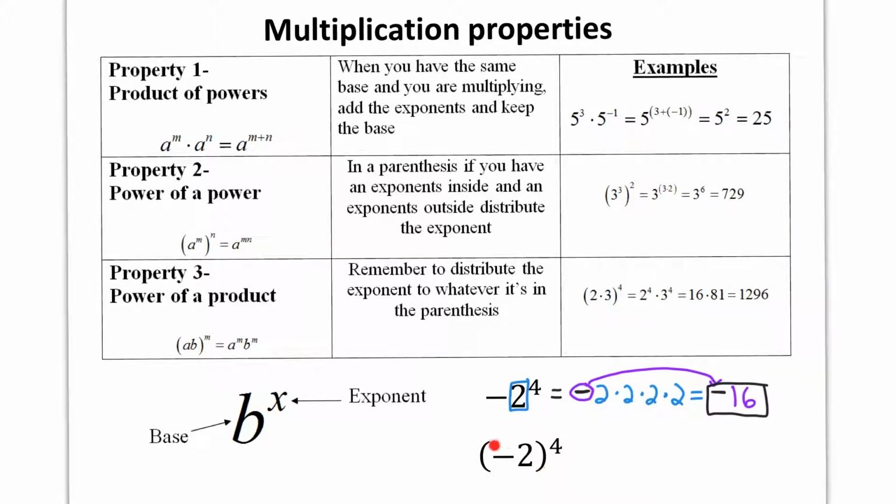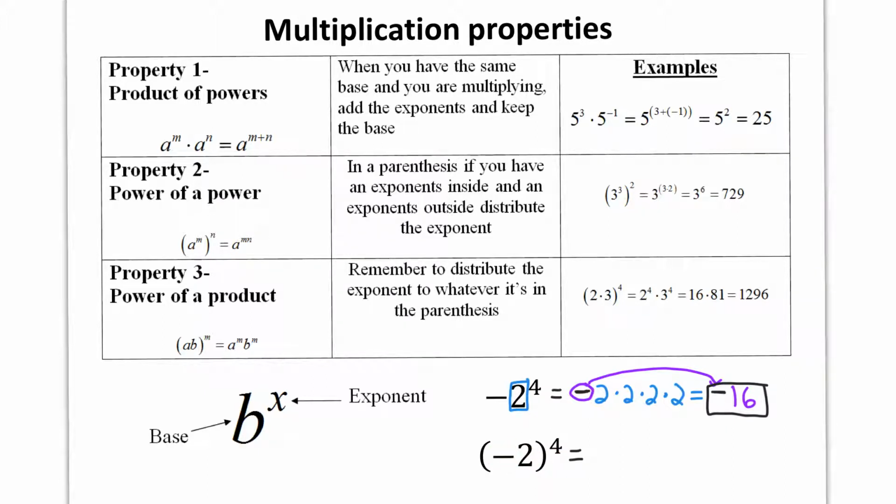Now at the bottom, when you have parentheses and the negative is inside, I showed you a trick last semester, but I'm going to do this the long way first, and then I'll show you a trick of how to know what the answer is depending on the exponent when you have parentheses. First of all, the definition is you multiply what's inside of the parentheses by itself 4 times, and